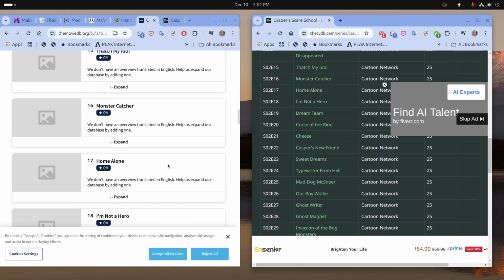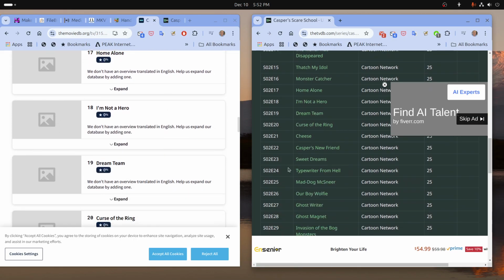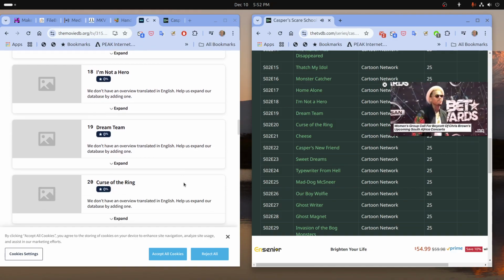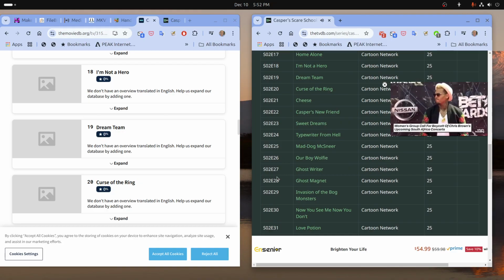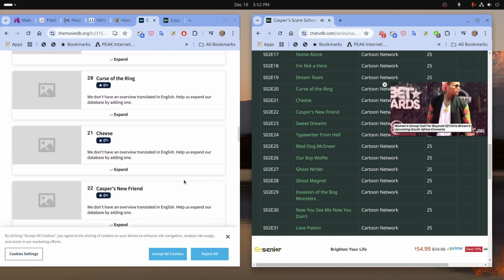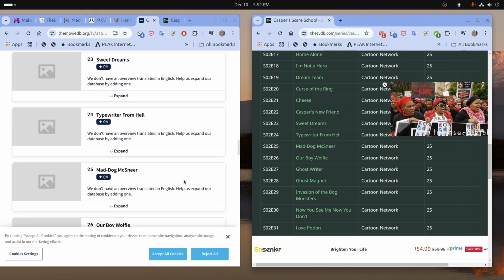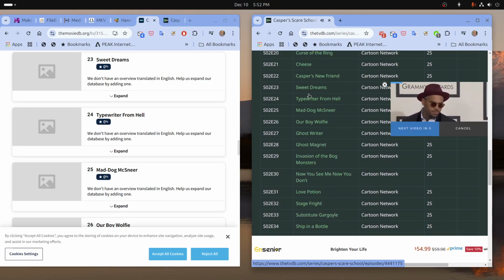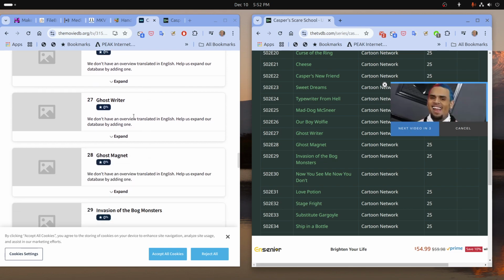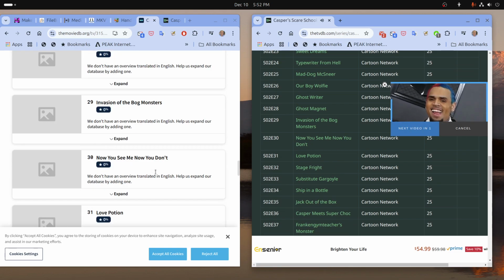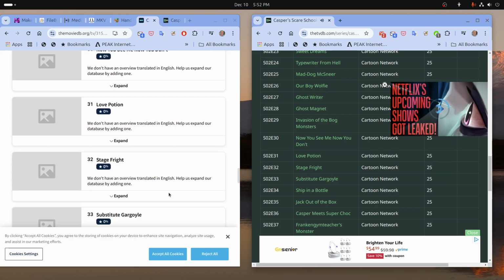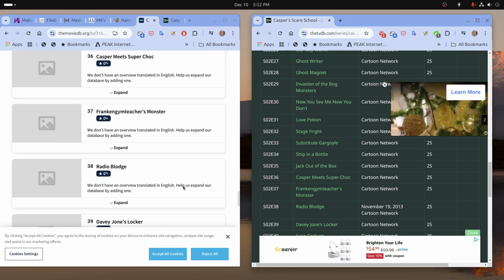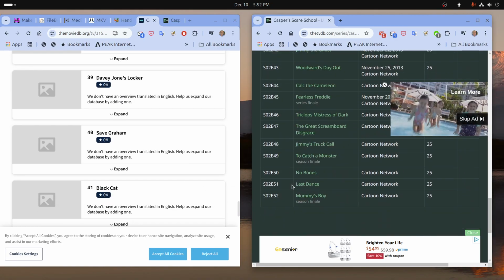Monster Catcher, Home Alone, I'm a Hero, Dream Team. So this is kind of boring, but it needs to be done just to see. Now I'm just going to scroll down and see if it stays in the same sequence. Typewriter from Hell, 27 is Ghostwriter, 31 is Love Potion, 35 is Jack Out of the Box, 40 is Save